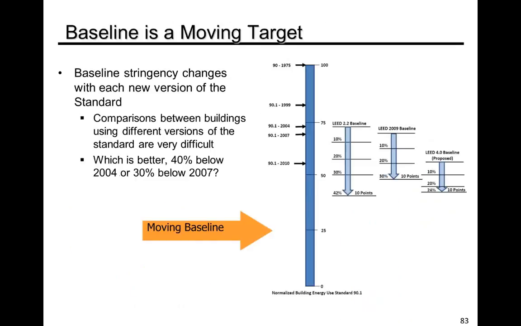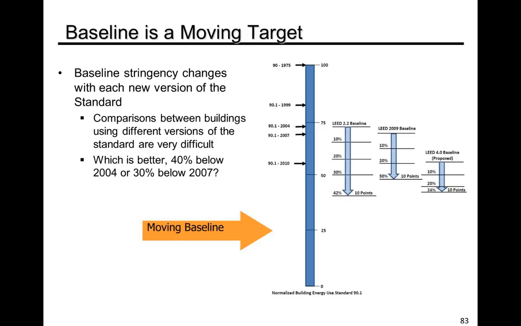Another issue is what I call the moving baseline. So we discussed that each time a new version of the standard comes out, a new version of Appendix G and ECB come out. With each version of the standard, the prescriptive requirements get more stringent. As the performance path traditionally has followed the prescriptive requirements, each new version of the performance path gets more stringent